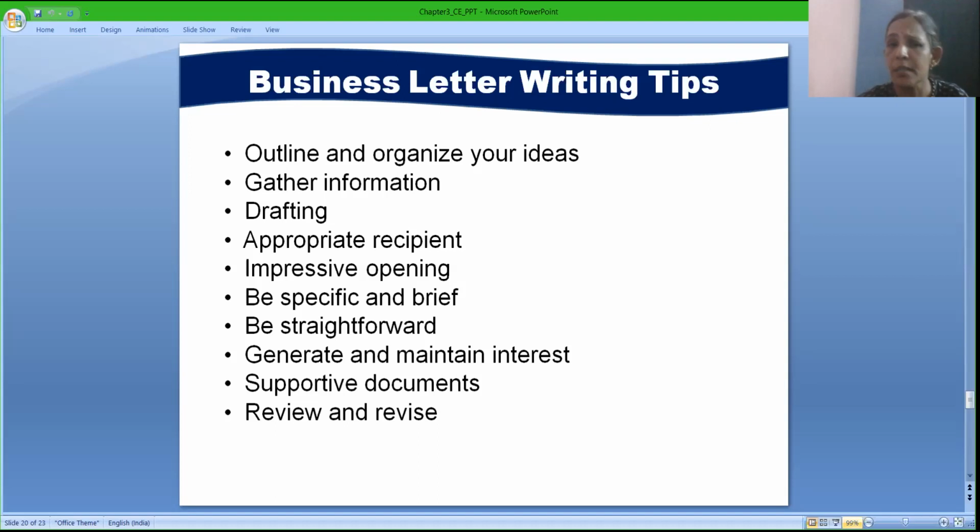Take 5 to 10 minutes of break after drafting the letter. Before you send, reread it, revise it, proofread it. Is there any spelling error, is there any kind of grammatical error, or are the words that you have used really appealing or not? You can change the words, you can change the sentences, you can even change certain important points, whether you have added the right information or not. You can check all these and then send the letter.